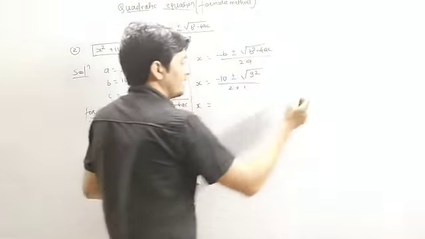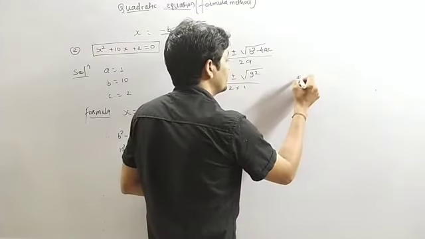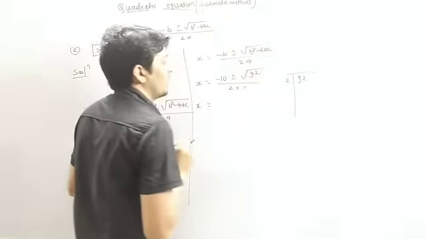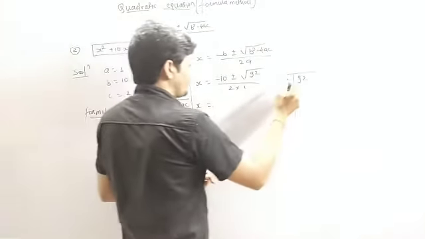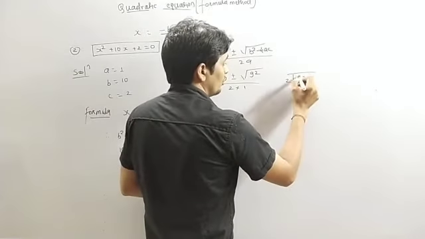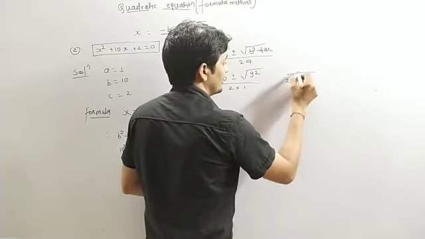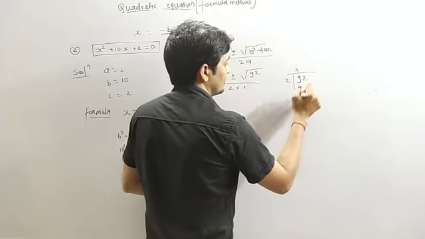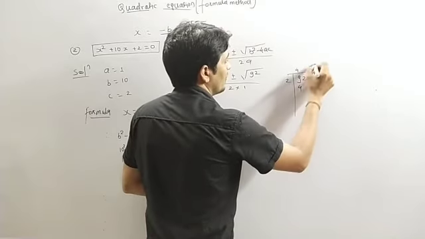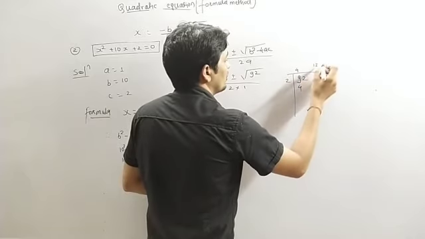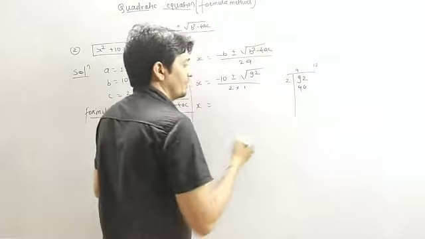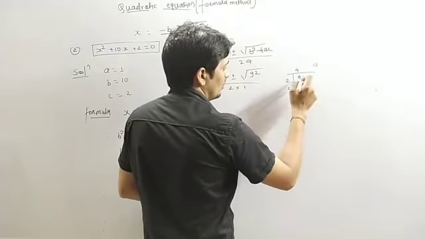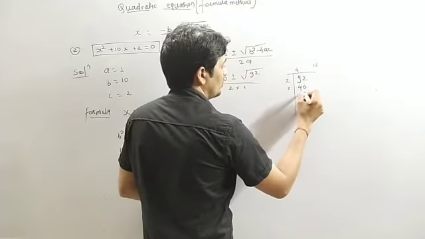92 को हम simplify करेंगे, how? This is the process. 92, we will divide this by 2. 2 fours is 8. Then here we have 1, so the 2 will become 12. So 4 sixes is 12. Now again we can divide by 2. So 2 twos are 4 and 2 threes are 6.